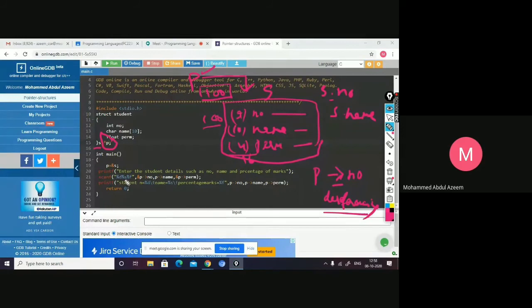So this is how you access the memory with the help of a pointer when this entire memory is being pointed to by the pointer. You can see asterisk is also a dereferencing operator. If you are using simple variables, you use asterisk to access through the pointer. But when a pointer is pointing to an entire structure, where you have a set of members, and all these members have to be separated and then accessed, you use this particular dereferencing operator, that is arrow. Let us execute this and just see the output.